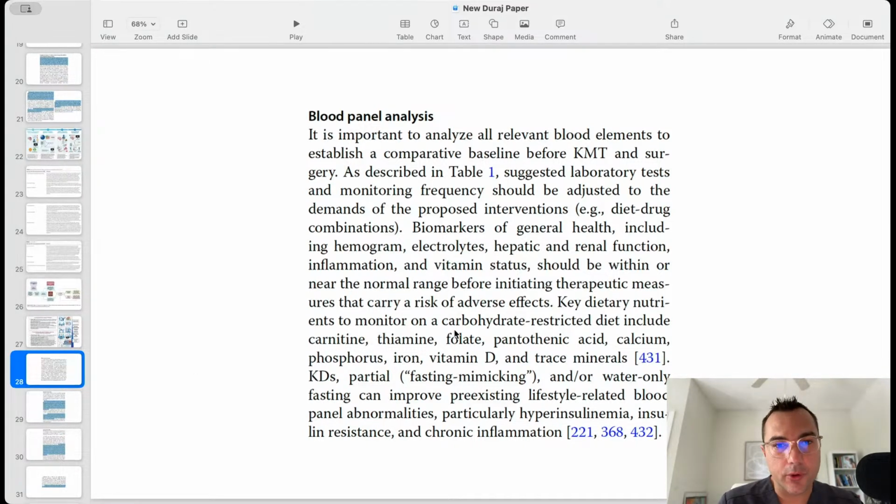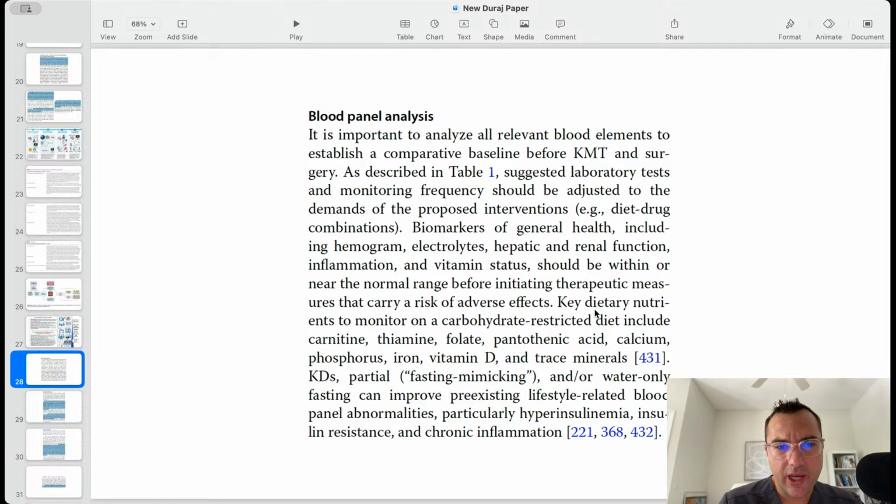So, for example, biomarkers of general health include hemograms, that's also known as a CBC, electrolyte, hepatic function, that's also known as a CMP when they're combined, renal function, that's also in there in a CMP, inflammatory markers, hs-CRP, ESR, ferritin, vitamin status,